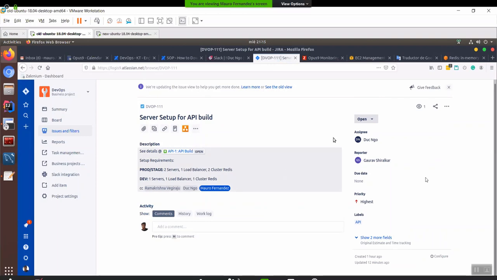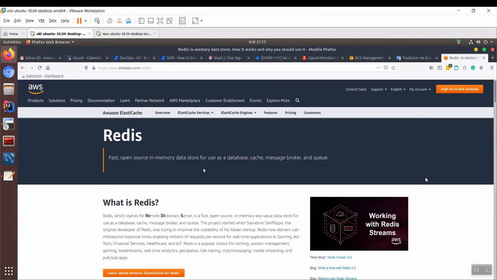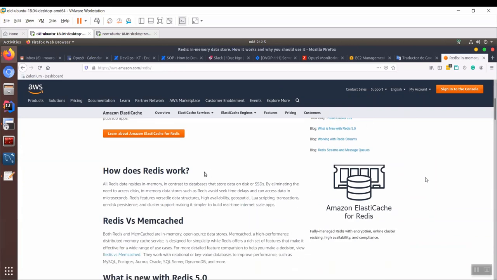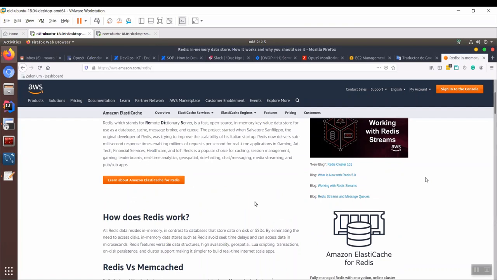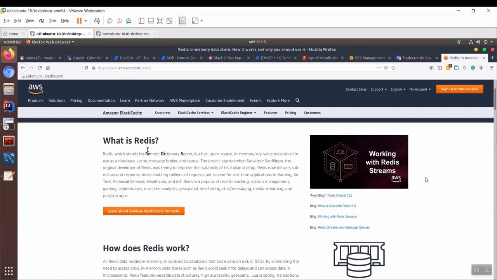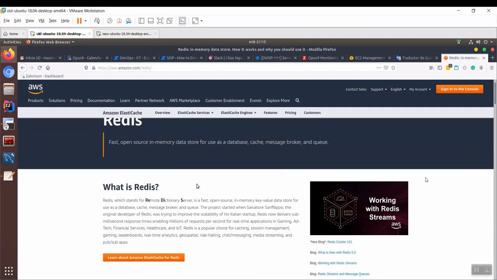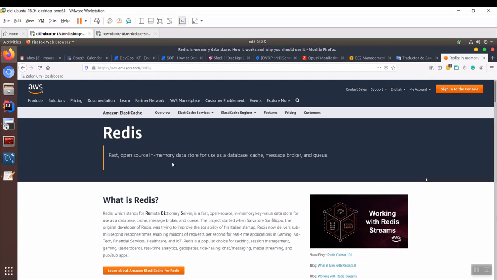For Redis, check how the service works. It is another service like RDS, an instance that AWS has on their side and has Redis installed. It's a cloud service. I can't remember the name exactly, but it's like RDS. RDS has MySQL installed and they provide the MySQL service. So it's the same for Redis.